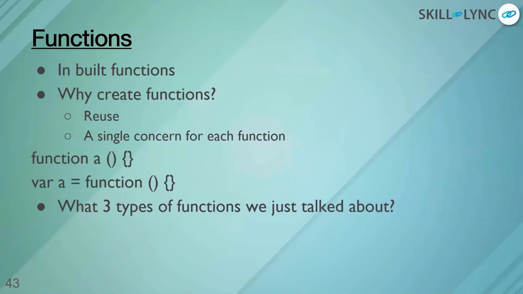These functions are really important for you to reuse. And remember that you have a single concern. So these are the two ways in which we saw how we would create functions. And what are the three types of functions we created? One is which is not taking any argument. Another is in which you took arguments, so for the sum function, you took the arguments of a and b. And the third type of function would be a function which would return some value.